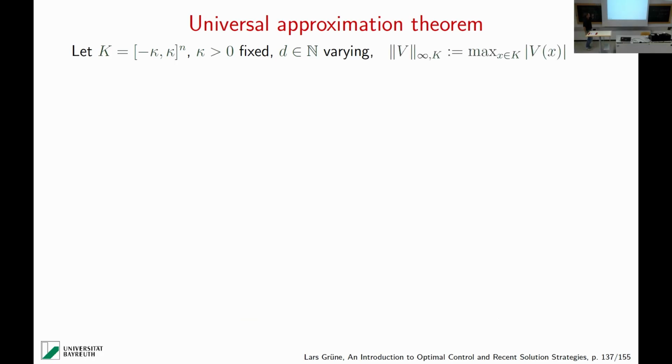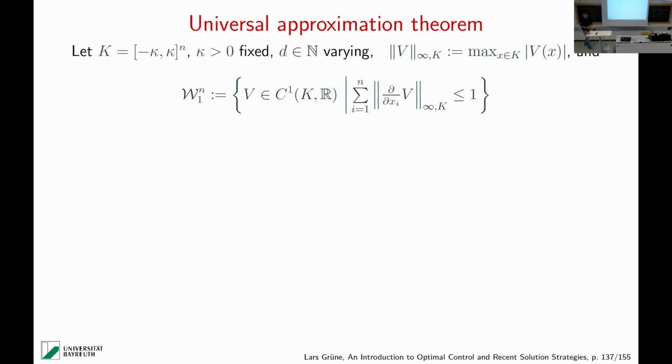And here the setting is we are looking at some compact set, minus kappa to kappa to the power of n. I'm mixing D and N, unfortunately, here. So N and D should be the same. It's all the space dimension. I have an N here and a D there. I tried to adapt the slides, but I didn't fully succeed, it seems. Okay, so the dimension is varying, and we look at the usual infinity norm of V, and we look at this